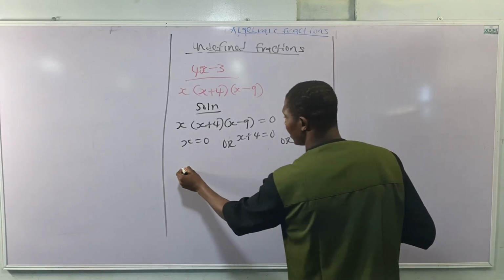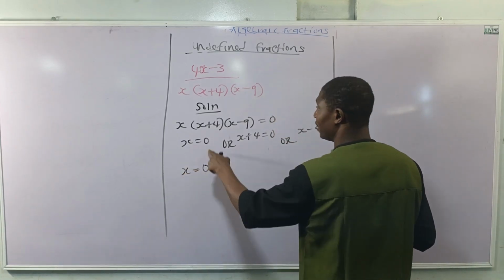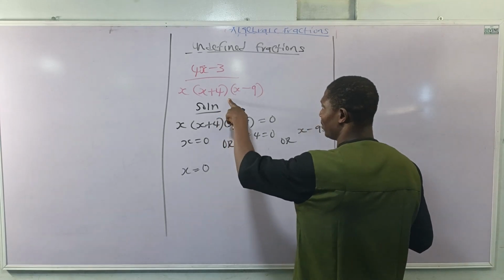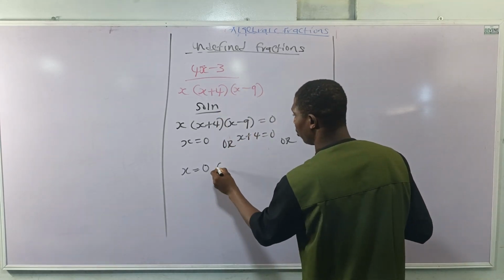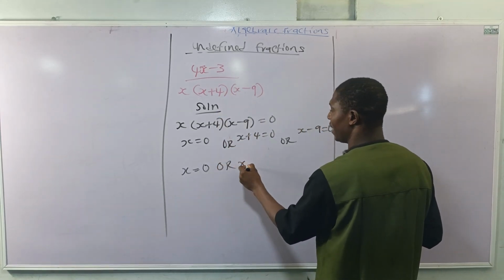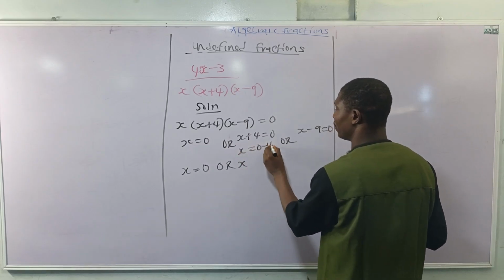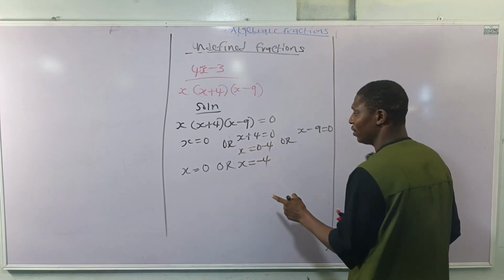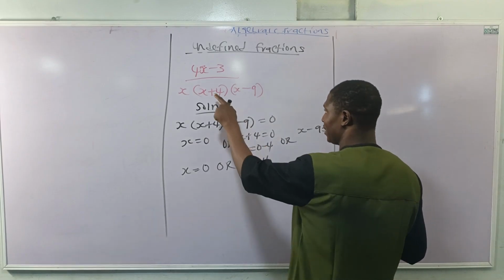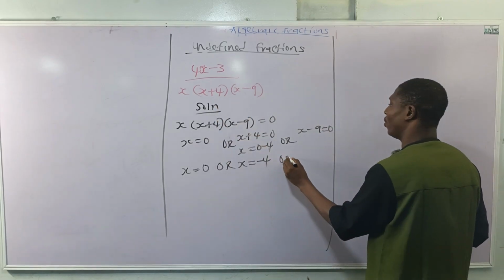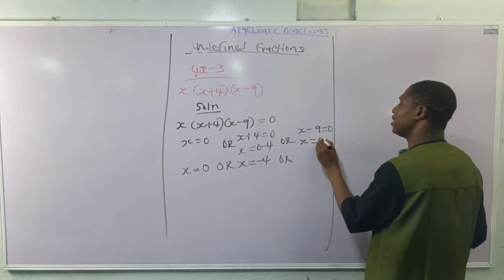So x is already equal to 0, meaning if x is equal to 0, the expression will be undefined. Or we have x equal to 0 minus 4, and x will be equal to minus 4. So x equal to minus 4 makes this expression undefined. Or x will give me 0 plus